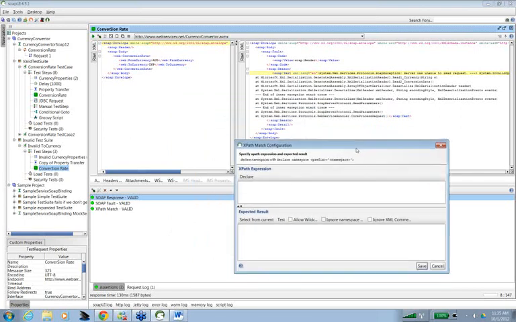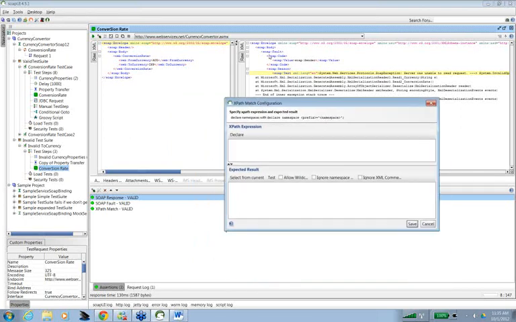Now here, let's see if I can use this one. Exists SOAP reason. Okay, so here see it is coming true.